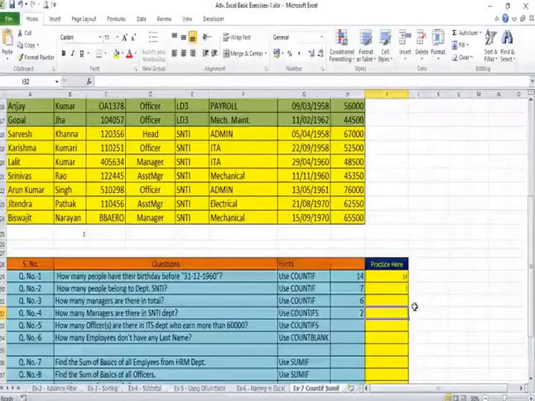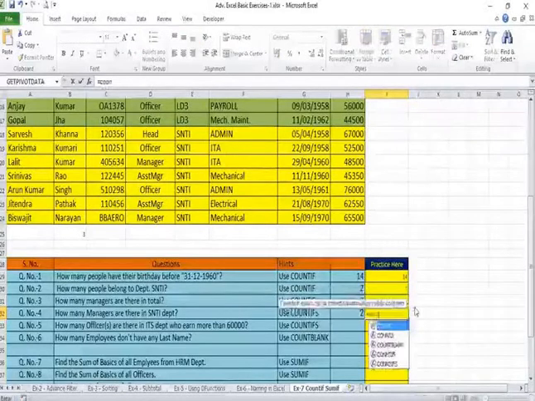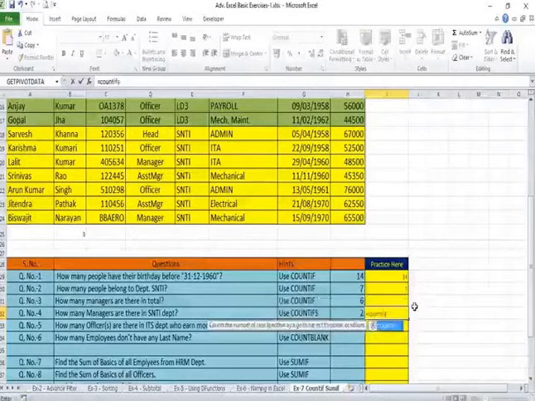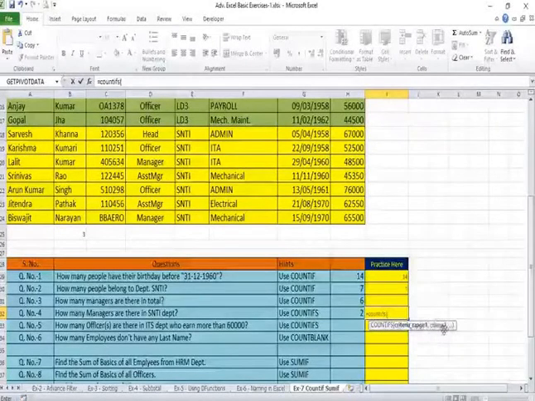Let's try this one. Equal to COUNTIFS, open the bracket. Now see the syntax: criteria range followed by the criteria. So we will take the first criteria range followed by the first criteria, and then the second criteria range followed by the second criteria. This will be the sequence of writing the range and criteria.